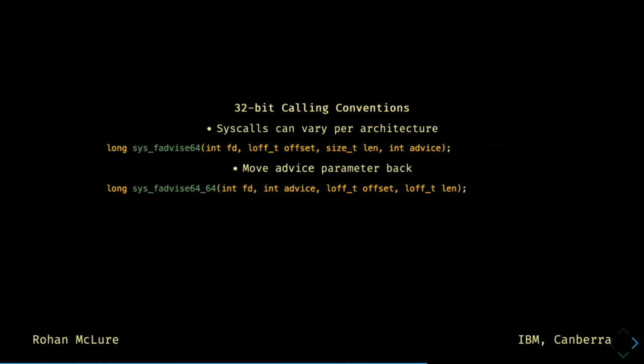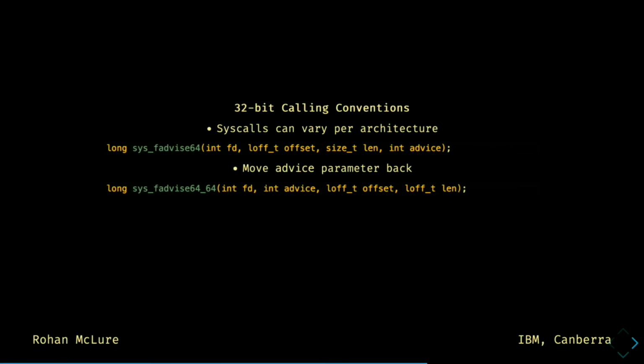This is where it gets a bit cursed. You notice that the advice parameter actually changes its position. This is probably the most attention you've ever paid to this fact. But the reason why it does that is because there's a sort of soft rule of no more than 6 parameters to syscalls, because calling conventions on all these architectures do register-bound syscalls. Most of these architectures do register-bound syscalls for the first 6 at least, and so that's kind of common.